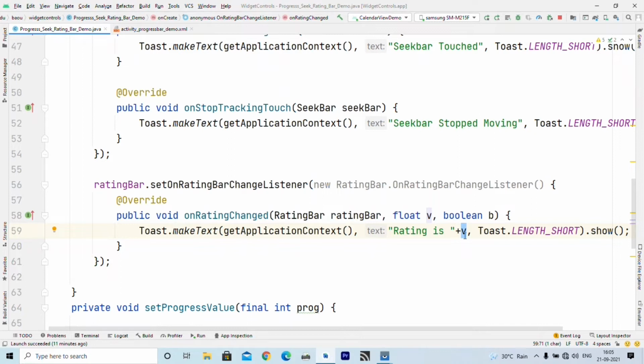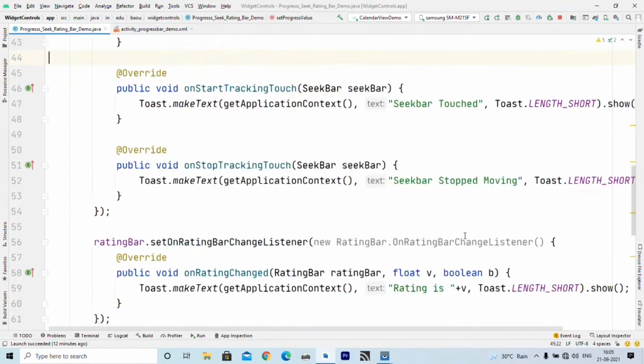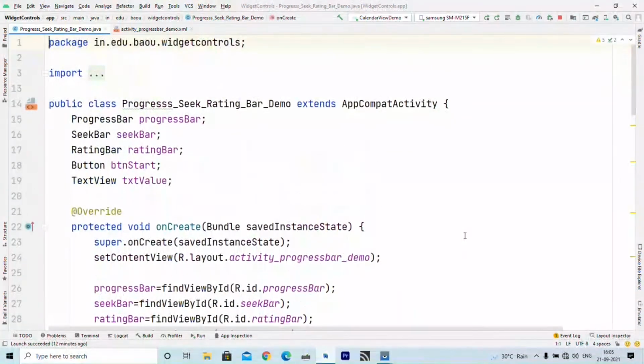So it may be 4, it may be 5, it may be 1, it may be 2, it may be 3.5, it may be 4.5. So whatever value is selected by the user will be displayed in a toast. I hope you understand how to get the value of the progress bar, seek bar and rating bar.